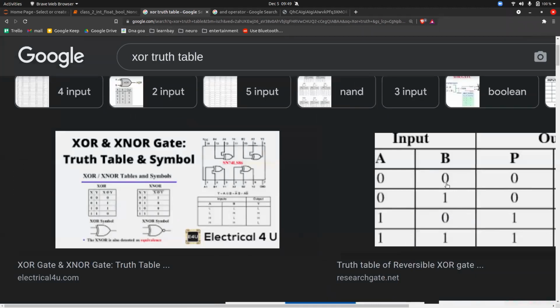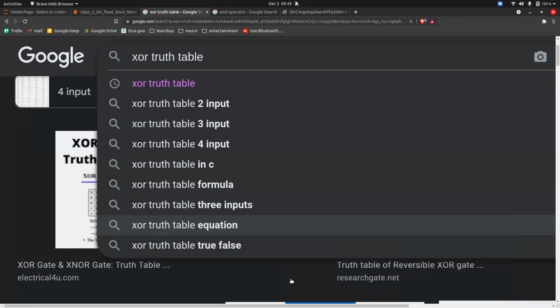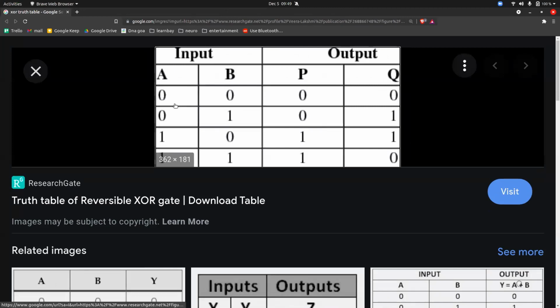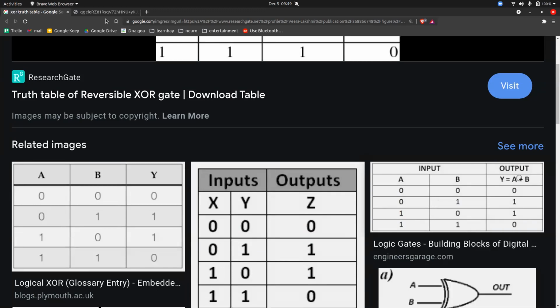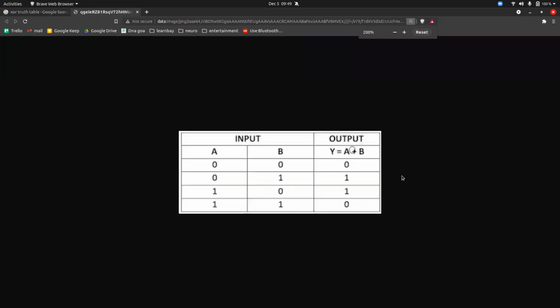This is the output for the XOR truth table that you can see here. The output is very simple. If the two values of A and B are the same, the output is 0. If they are different, the output is 1.